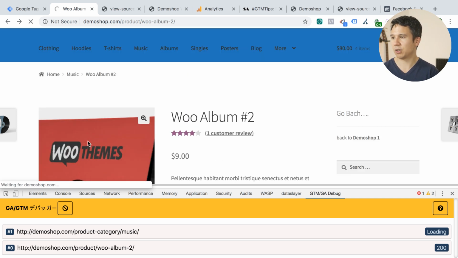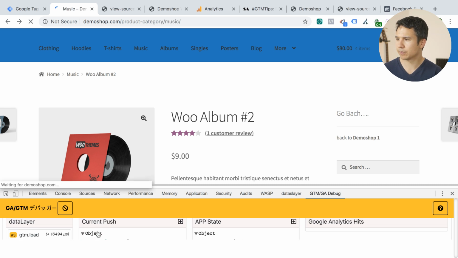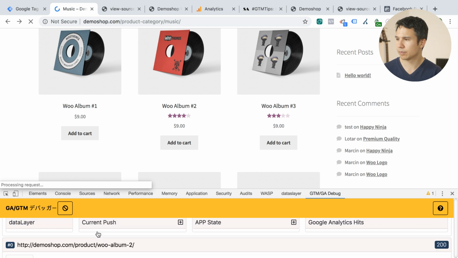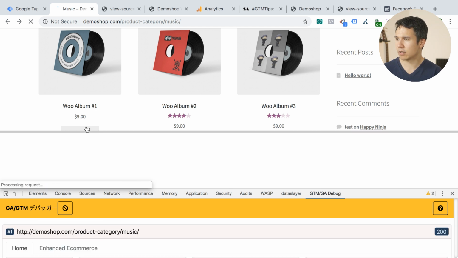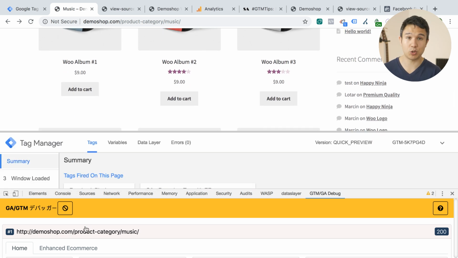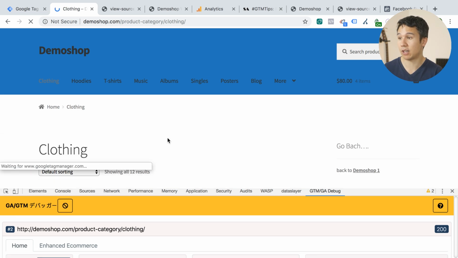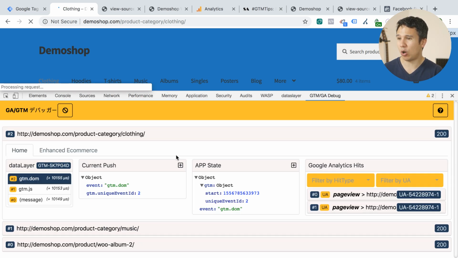Don't know why it doesn't do it now. But if you have enhanced e-commerce tracking installed, then you should get information about enhanced e-commerce tracking. So you can actually look at the hits that are getting sent, and the information that gets sent over to Google Analytics in a more friendly way to see it, actually, because it is kind of hard to read through it. Now, all of these tools,